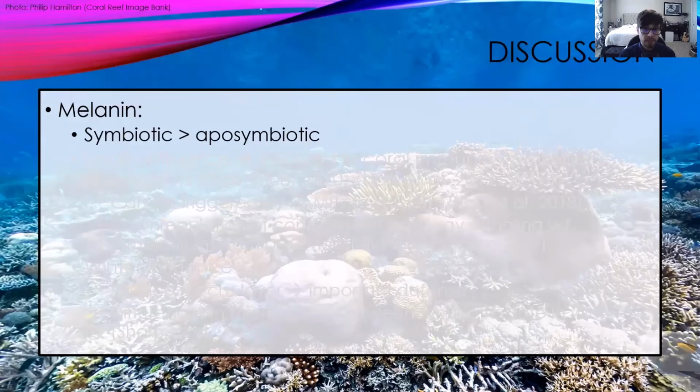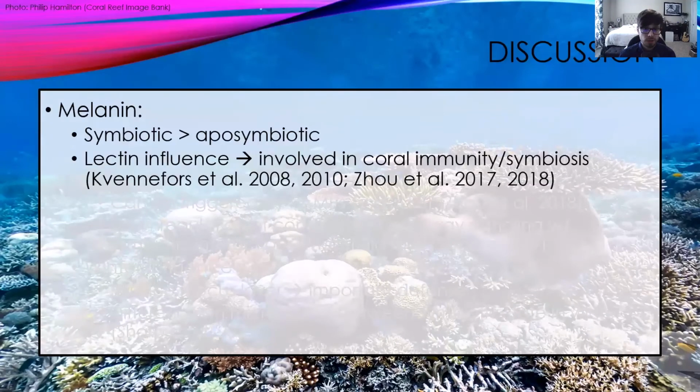Now, analyzing the melanin concentration data, we do see a significant influence of symbiotic state on melanin concentrations, where symbiotic fragments had higher amounts of melanin compared to our aposymbiotic ones. This could suggest a few hypotheses. First, as addressed earlier, other parameters within Astrangia's immune response may have priority over the melanin synthesis pathway, and we suggest that there is an influence of the complement pathway in the species over the melanin synthesis pathway,